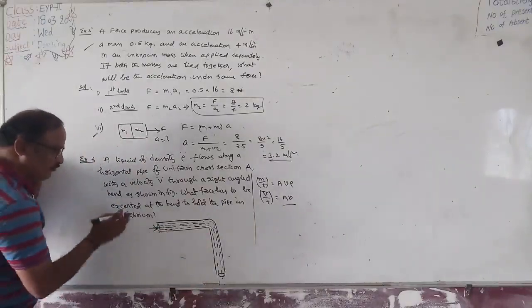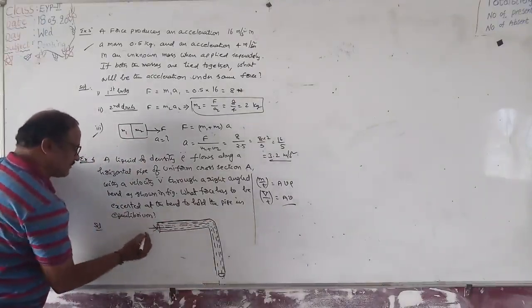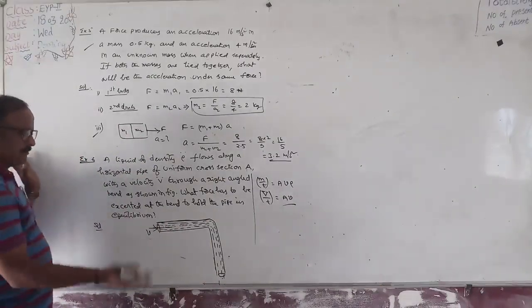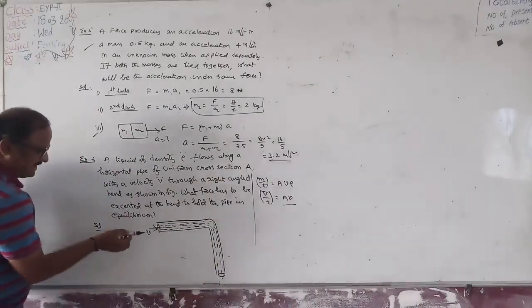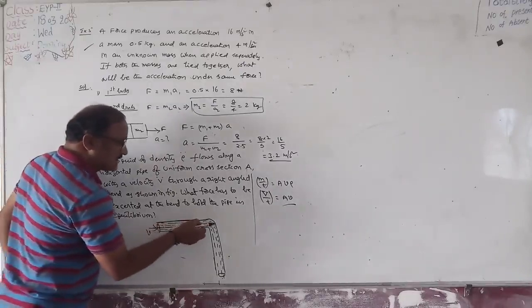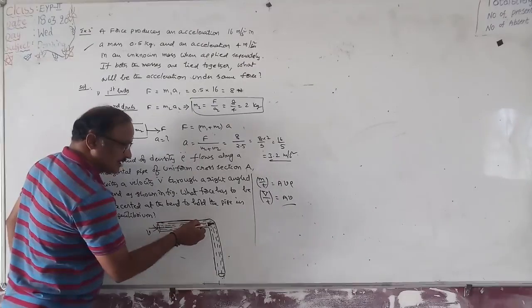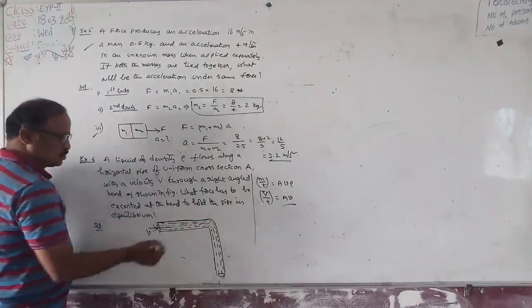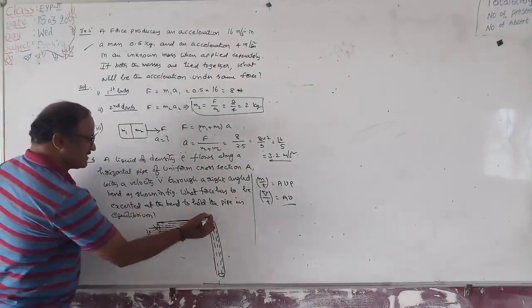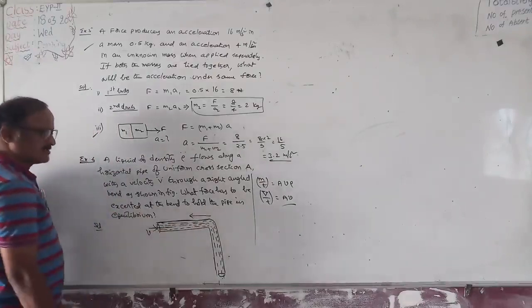Let the velocity of the flow of the liquid in this horizontal pipe be v. It has some momentum, momentum is equal to p. Therefore, if the liquid is flowing like this, there is a force exerted on the bend. So to hold the tube in equilibrium condition, the same force will be exerted on the liquid along this direction.